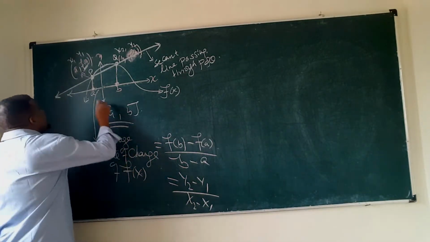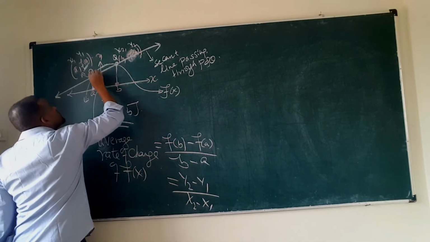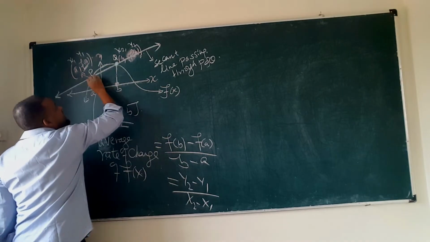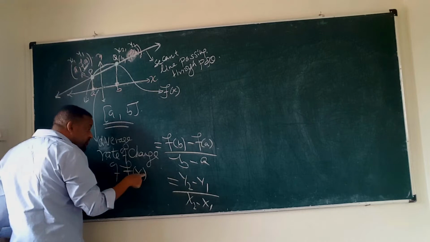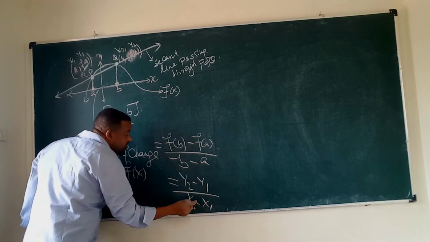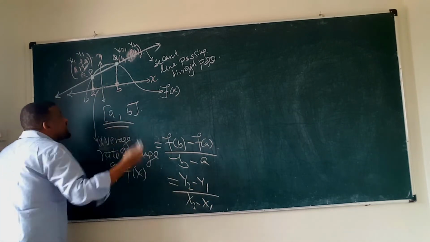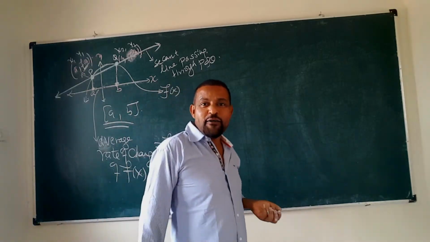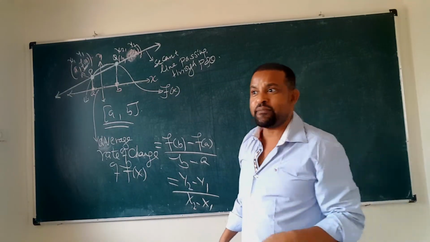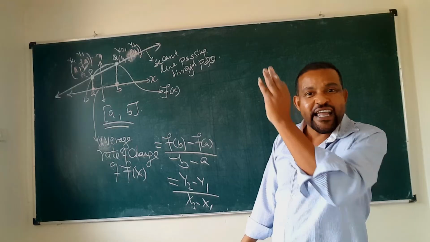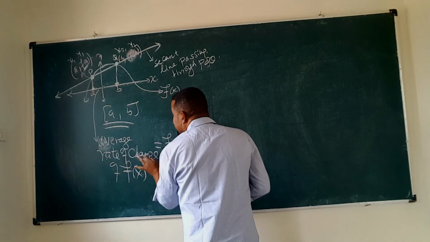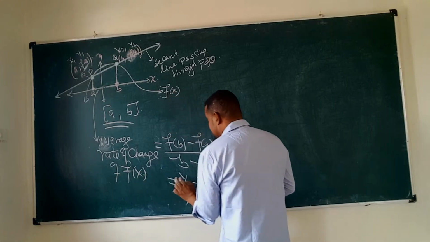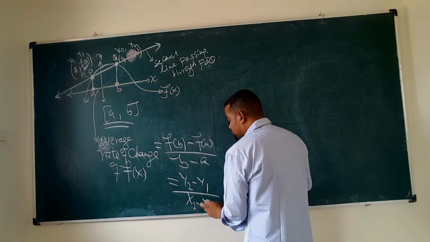So take a secant line passing through these two points. Look, the average rate of change of f of x is y2 minus y1 over x2 minus x1. But from the geometry we learned before, the slope of a straight line is change in y over change in x. So this average rate of change of the function f of x, y2 minus y1 over x2 minus x1,